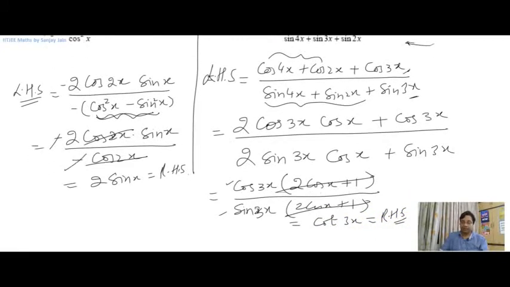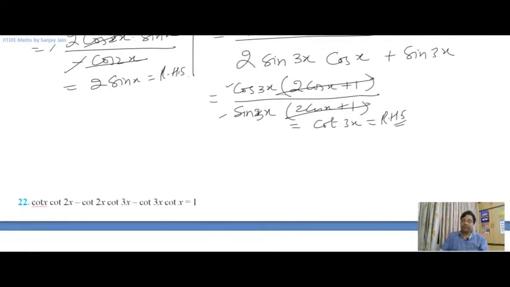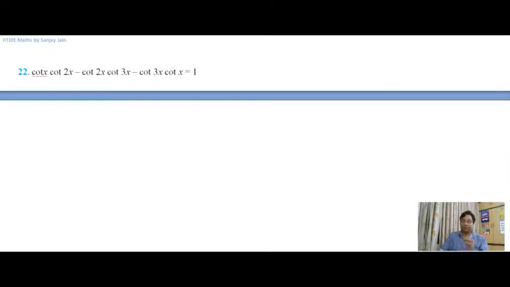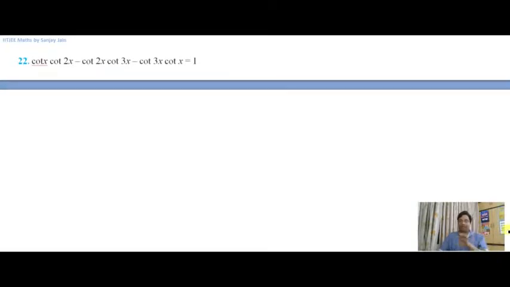right? So while applying this CD formula, you just have to apply some common sense or some basic IQ to identify on which terms I should apply the CD formula, right? So regroup the question as per the demand of the question or as per your convenience. Okay. So now this involves cot, right?